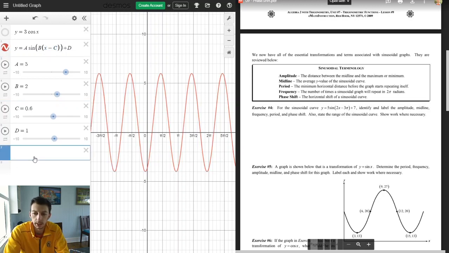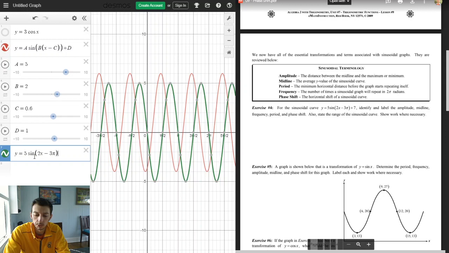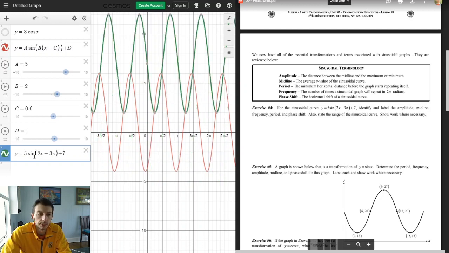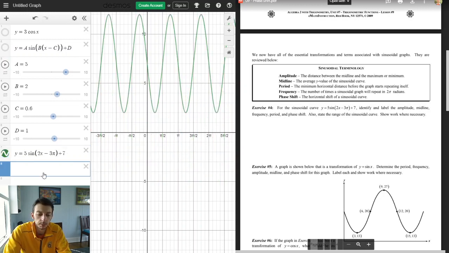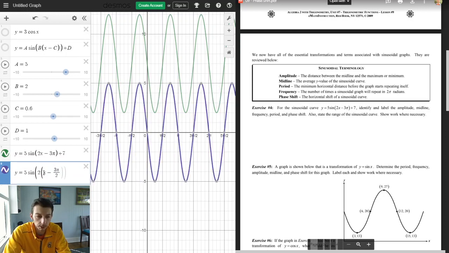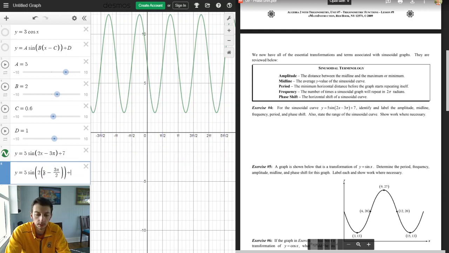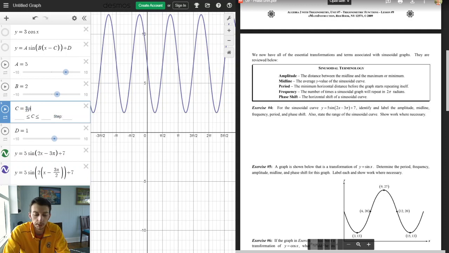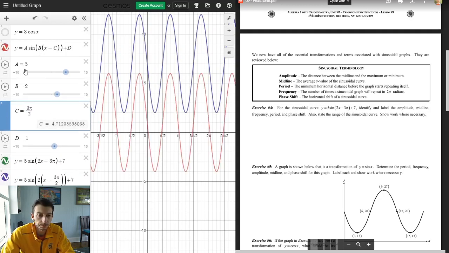So if I write out the actual equation as it's written in the example, y equals 5 sine 2x minus 3 pi, close parentheses, plus 7. That is the same thing as saying y equals 5 sine 2 times x minus 3 pi divided by 2, because I factored out my 2, plus 7. So if you want to use your example here to fill everything in, that C needs to be 3 pi over 2,